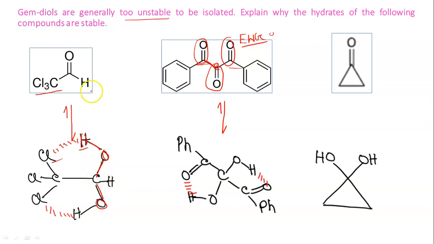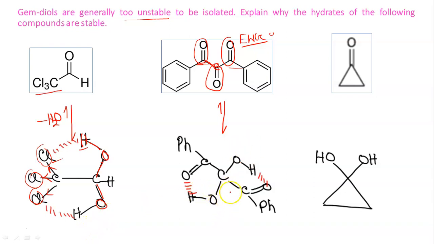So if we want to get back our carbonyl compound, basically there should be the removal of water. But as this group is electron withdrawing, because of the presence of 3 electron withdrawing groups, what will happen? It will retard the removal of water. So mostly it will remain in this form. Removal of water, now it is not easy. So this hydrate is stable because of this hydrogen bonding and electron withdrawing capacity of chlorine. 3 chlorines are there. So the hydrate we can isolate.